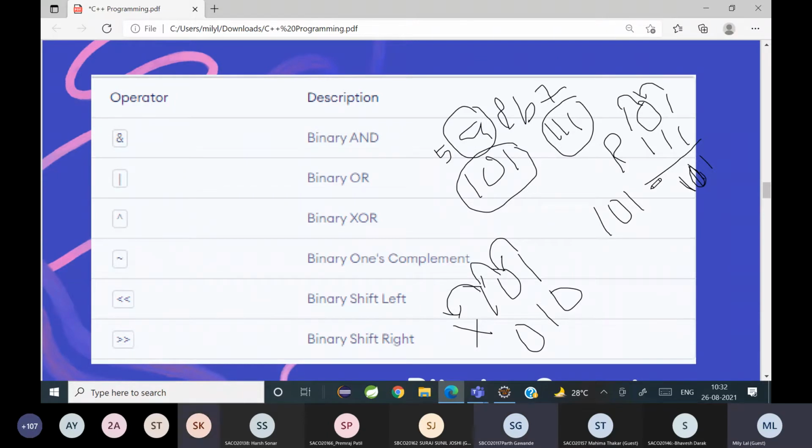Yes, ma'am. Okay, so in your code you will not give a binary value. Instead you will give the original value. Everything that is going to happen will be happening internally. Is it clear? All clear? Any doubts?